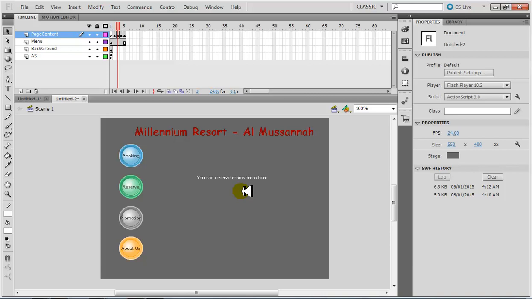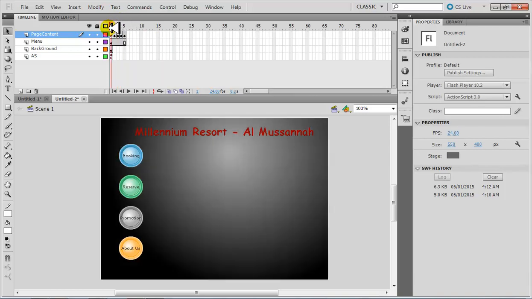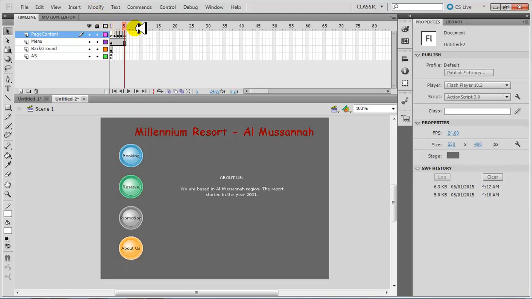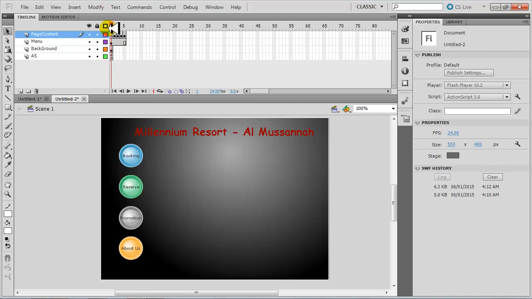Any sound effects, any motion tuning, any shape tuning, any animation you like to place over here, which is relative and makes sense, and built-in animations like fade in, fade out, etc. will all make your website look better, which you've seen. I've shown this to you in classes before. But now, for the purpose of very simplicity, I'm just showing you how to navigate these pages and complete your